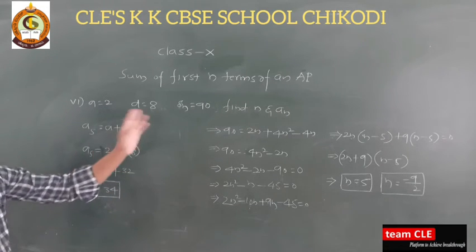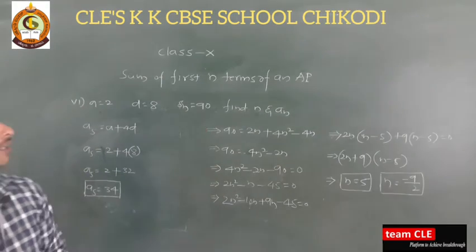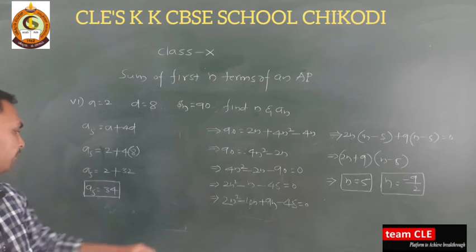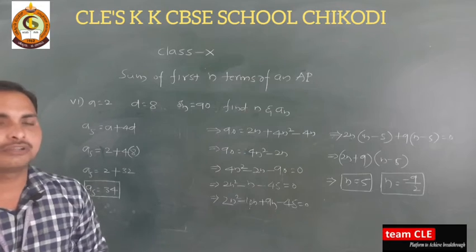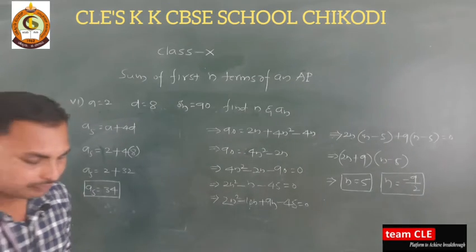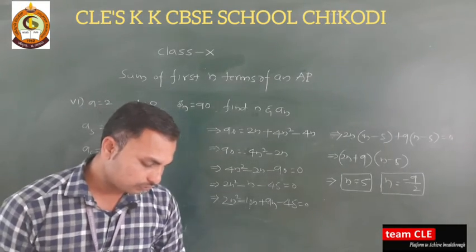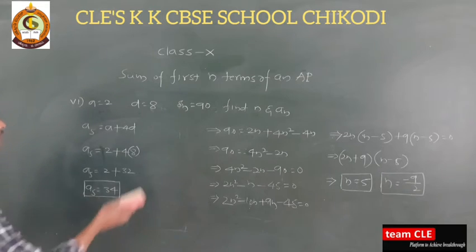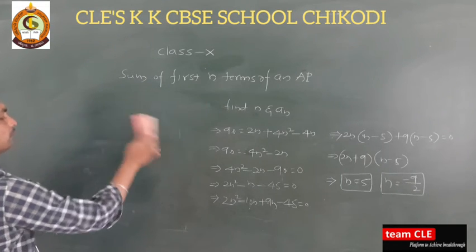So this is the question number 6. Very simple it is. First of all, we need to calculate n. So after that we need to calculate an. So n is equal to, already we got that value, you can substitute here. You will get a5 is equal to 34. Okay. Well, next, I think I will solve question number, which one? 8th one. Okay, 8th one I'll solve now. 7th I'll leave, I'll go with the 8th one.